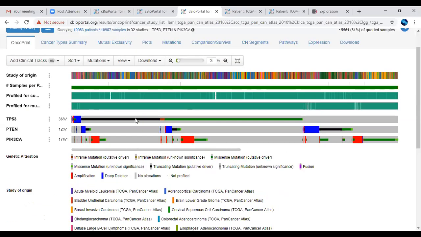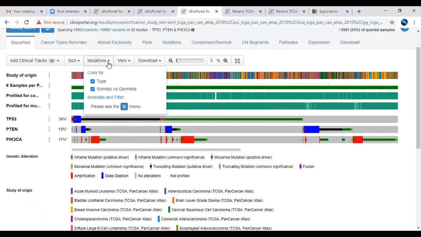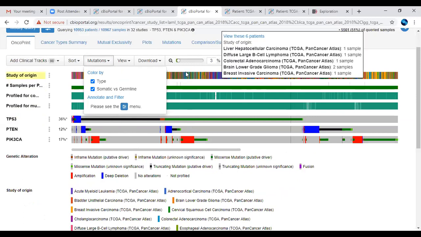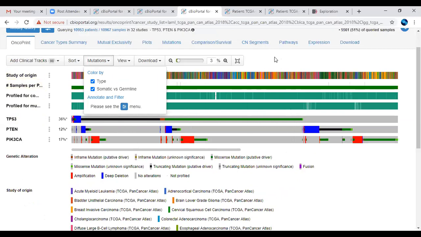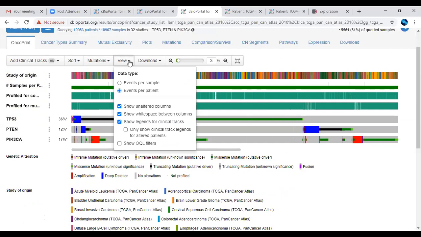So this OncoPrint option will show you the mutation with respect to the targets which we have provided. What these options they have, so you can vary your options with respect to your search. I think again Zoom is showing the runtime. If it disconnects, we will join again. Here you can see the view. What are the options in the view, whatever files or options they are providing, you can pick your options based on your interest also.